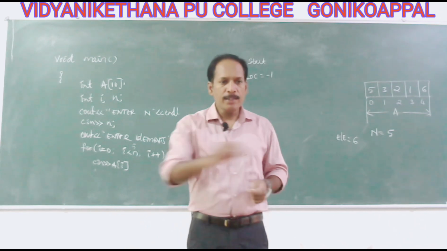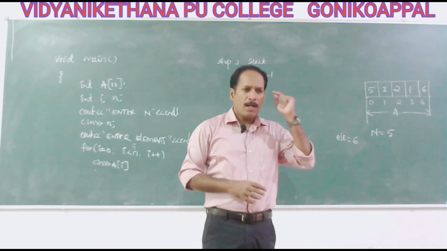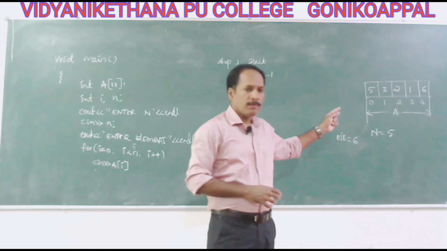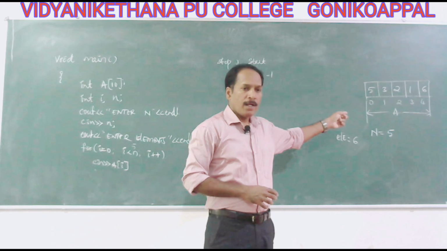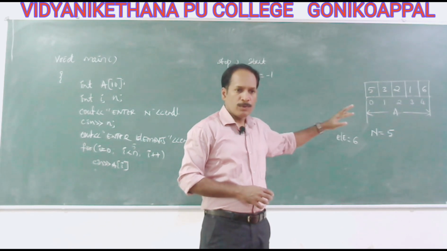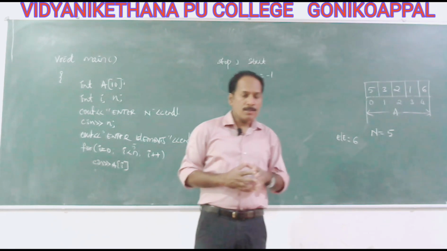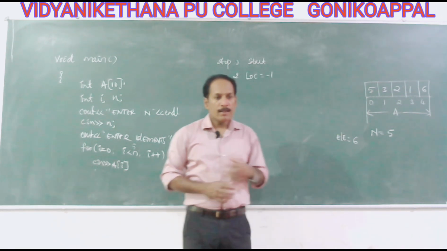Again, you scan all the elements from beginning to end. Keep 6 in your mind and compare it with the first element. Is 5 the same as 6? Not. Then 3 and 6 are same? No. 2 and 6 are same? No. Then 1 and 6 are same? No. Then 6, yes, 6 is same. So this is why it's called linear search, from beginning to end. That's how we do it.